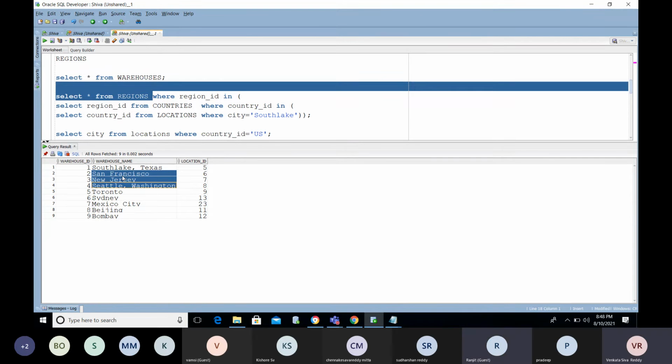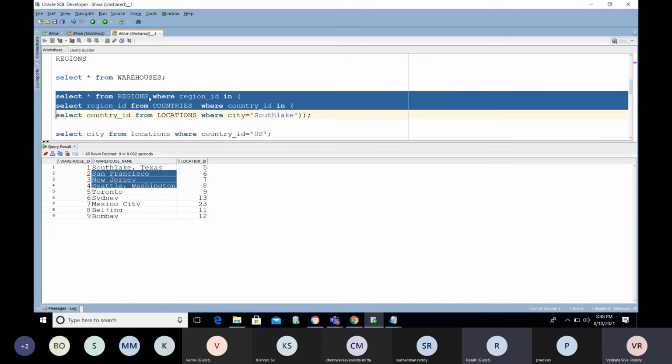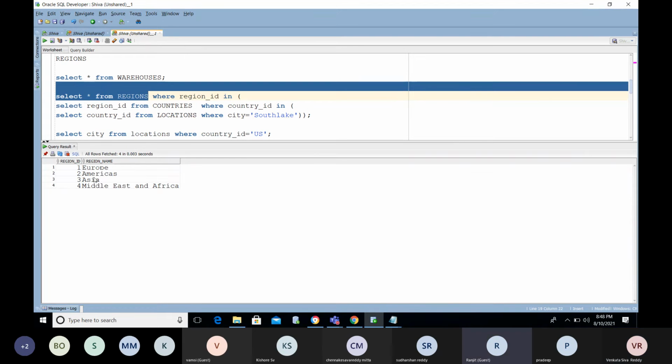Let me explain in a different way. Now I need the details like, either Americas or Asia related. What are the warehouses available for these two regions? I need those details along with the region.